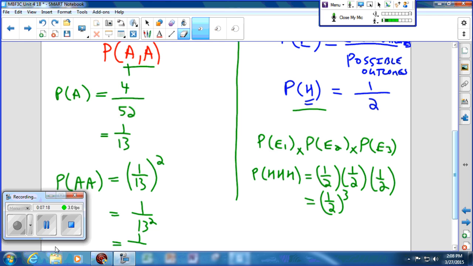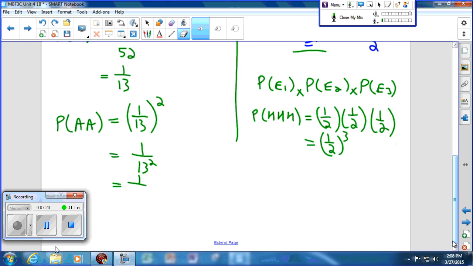13 squared, is that 1, 2, 1, minus 6, 13. I guess I should probably know my 13 times tables, 169. Not something you do very often, 169. Okay. Now, if we wanted to find out what that was as a percent, it's going to be very small. Well, the probability is